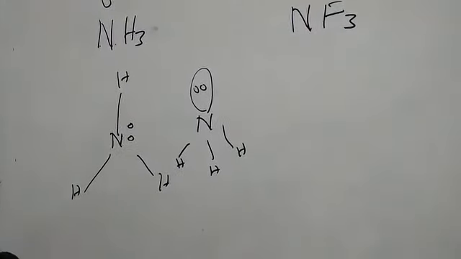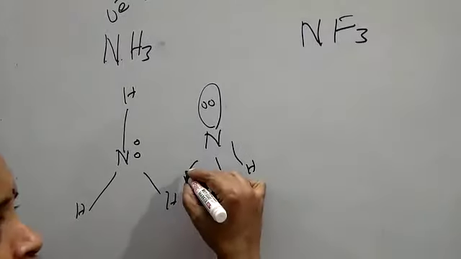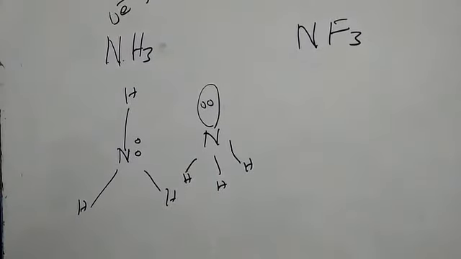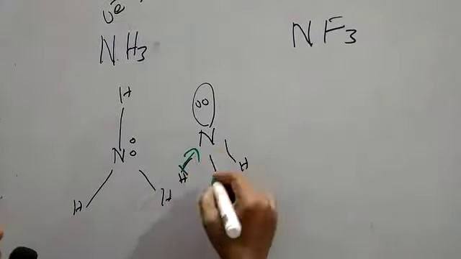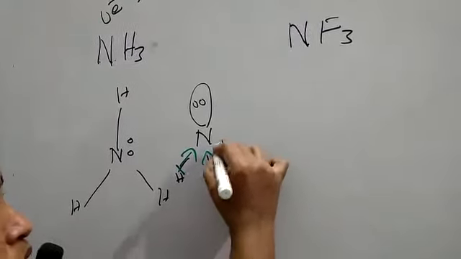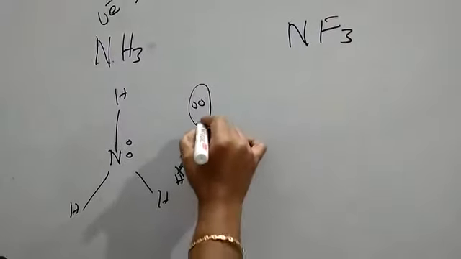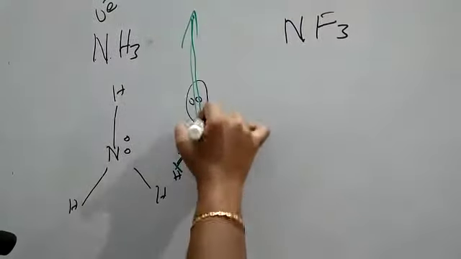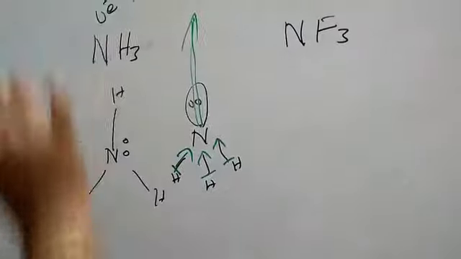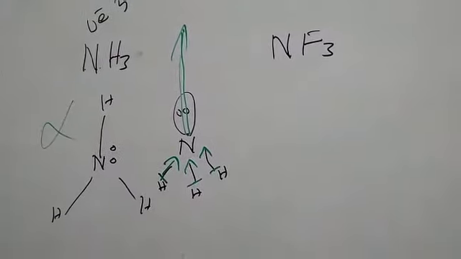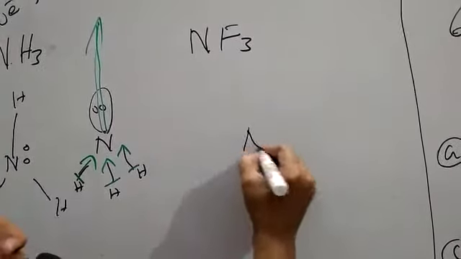So the dipole moment is from lower to higher electronegativity. What is happening is that electrons are moving from hydrogen to nitrogen, and this is also moving. So overall the resultant dipole moment is maximum in this direction. So this is not minimum. Let us go like that for each one.